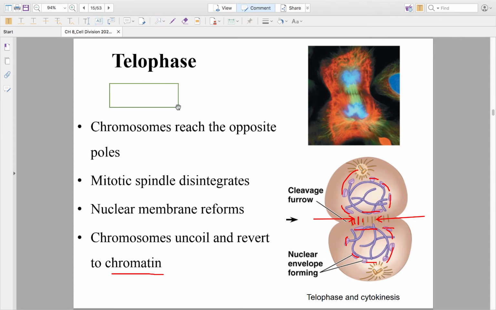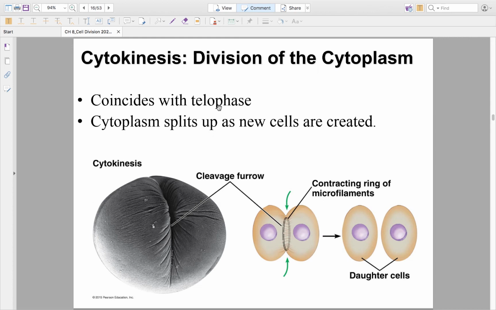Okay, remember PMAT: prophase, metaphase, anaphase, telophase. Now we're going to look at cytokinesis. Cytokinesis technically happens simultaneously with telophase because it happens so fast, but the fact is that the cleavage furrow is going to form, and those contractile rings are going to cut this cell in half. And we're going to end mitosis with 2